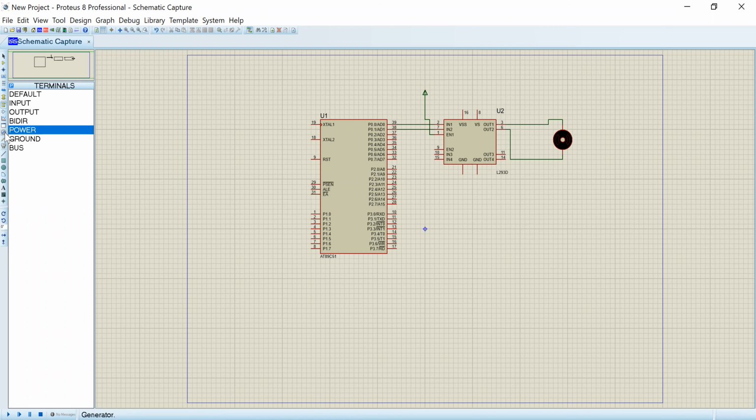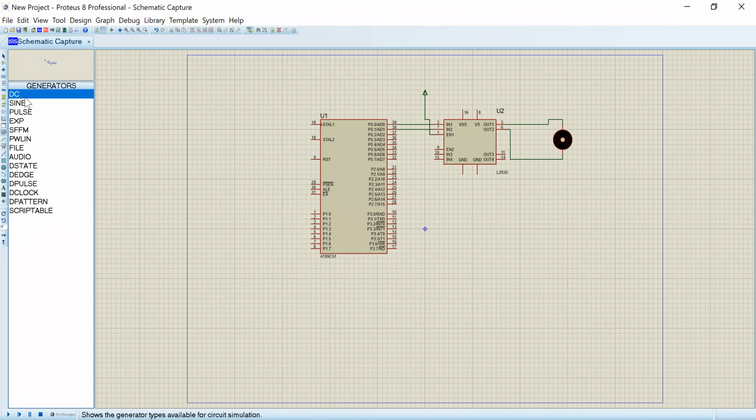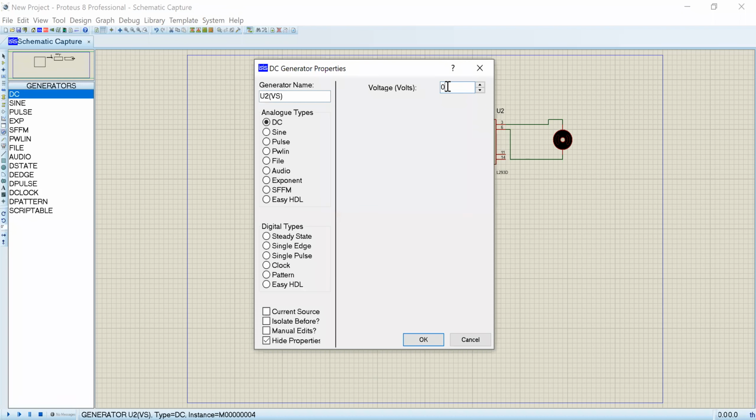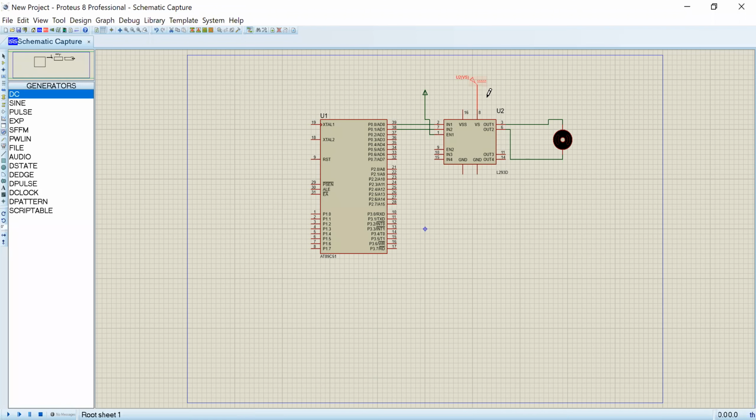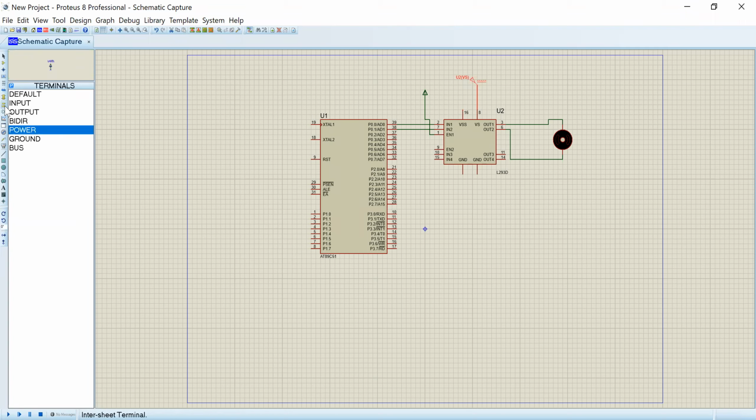So go to generator, click on DC, and give 12 volt. Here it should be grounded, so I'll take terminal mode, click on ground, and connect ground here. This is the basic connection.